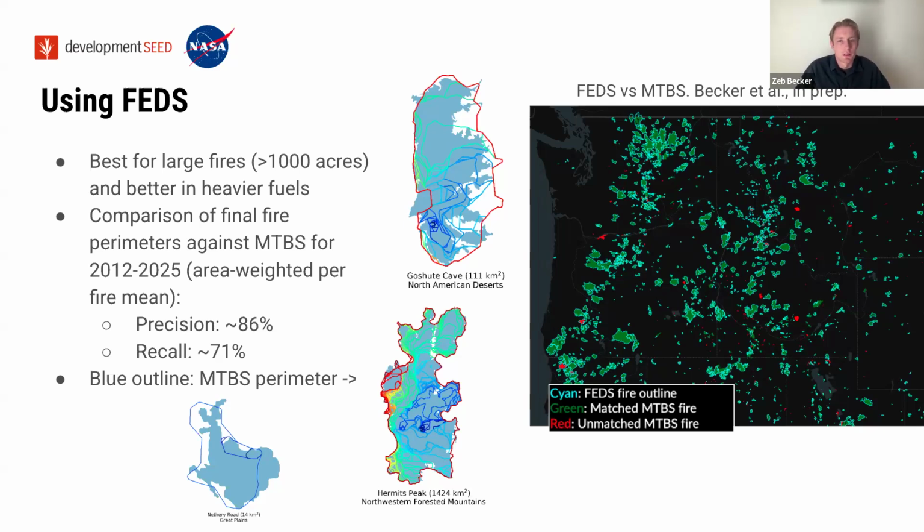Some of my colleagues have also shown that it can be useful to estimate burn severity in near real time, so rapidly highlighting areas that are at high risk of post-fire debris flows, like landslides, that could endanger people or contaminate drinking water supplies. These are a bit more moderate resolution than existing products, but they're available hours to days sooner. Then it's been used to estimate daily smoke emissions for air quality and public health applications.